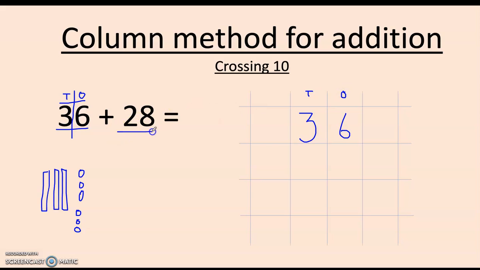Then I look at my second number, in this case 28. So again, in my place value charts, tens and my ones. If I was to draw it out, start with my ones. I've got 8. 1, 2, 3, 4, 5, 6, 7, 8, and 2 tens. 1, 2, tens. Fantastic. And then I'm going to put those into my column over here, making sure that I keep all the ones in one line and all the tens in one line. So I'd write it 28,